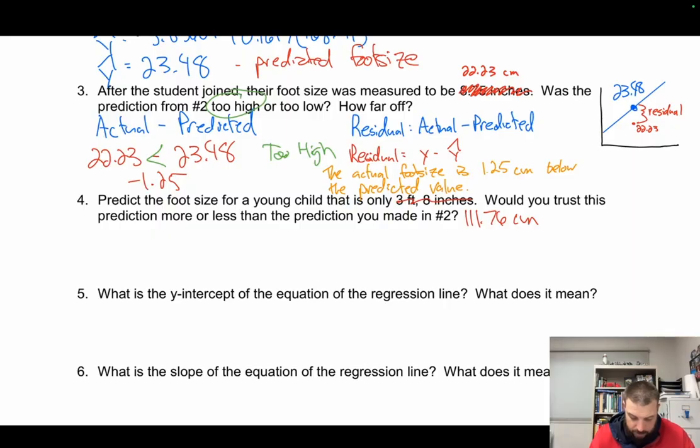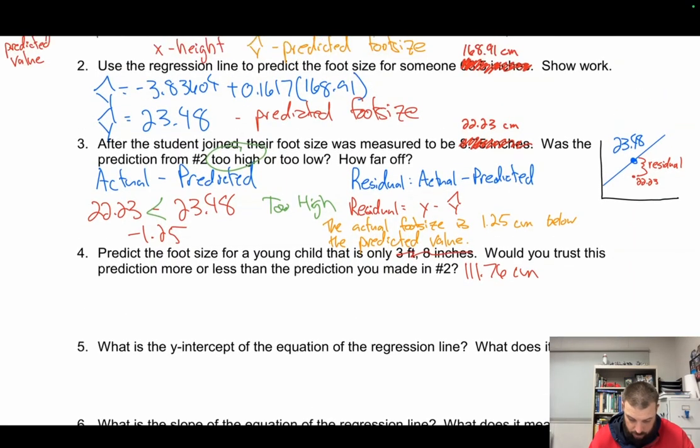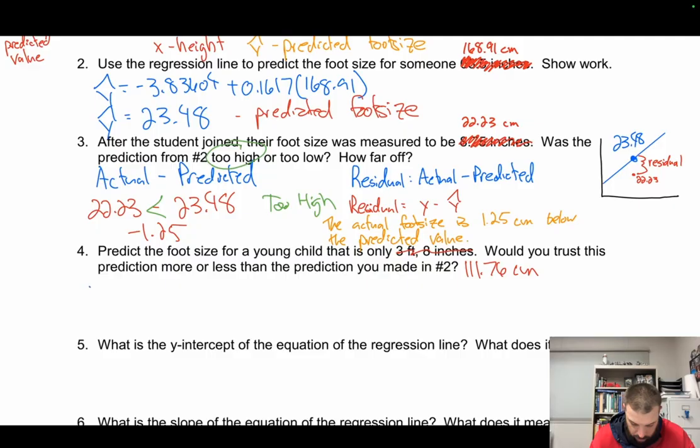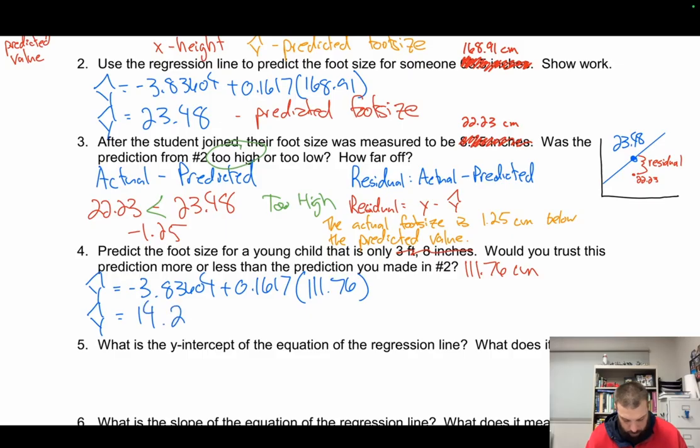And so substituting that value in, we get y hat equals, once we work that out, 14.24. Now, the question is, would you trust this prediction more or less than the prediction you made in number 2? And I would say less, and our reason